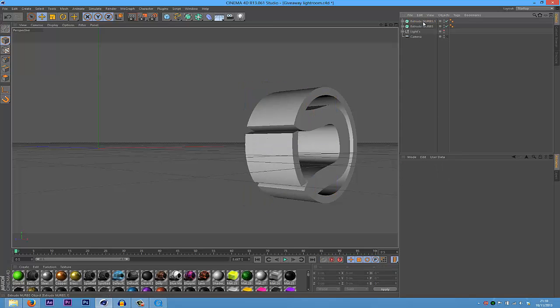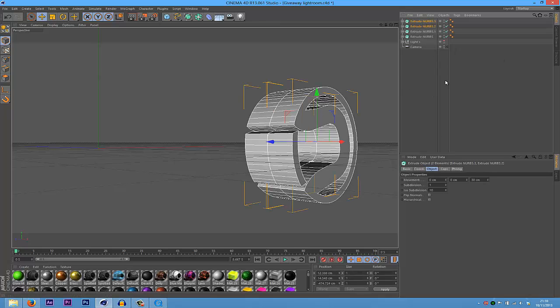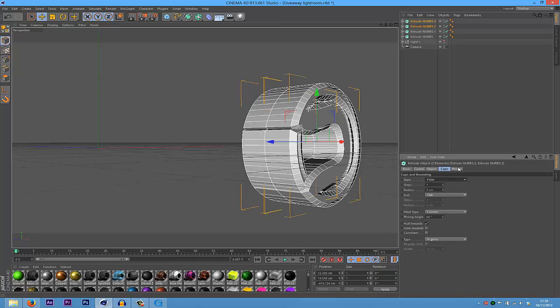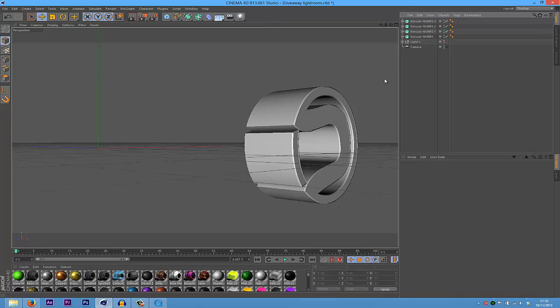And then get both of these, and then do Control C, Control V to duplicate them again, and then change both of them, when they're both still highlighted, to, in caps, go to fillet, change the radius to 1 on both, and as you can see that's creating an outline on the